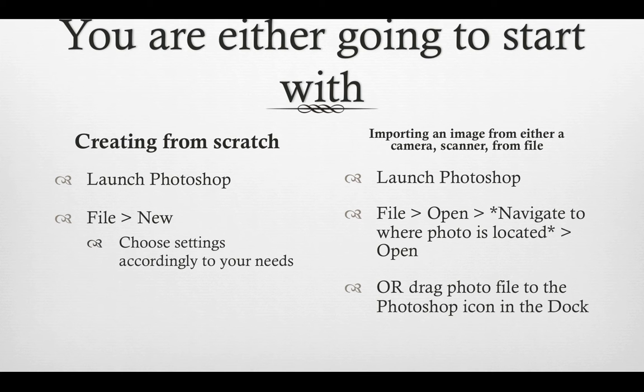So you are either going to create from scratch or import an image from your camera, scanner, or from file. If you're creating from scratch, you just go ahead, launch Photoshop, File New, and choose your settings according to your needs. If you're importing from a camera or a scanner or even another Photoshop file or an image file, you can launch Photoshop, File Open, navigate to wherever you saved those files, and open. Or if you're a Mac user, you can just simply drag and drop the photo file to the Photoshop icon